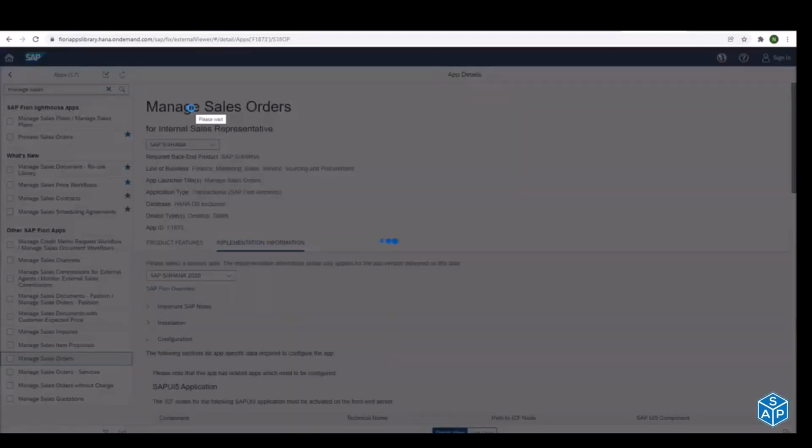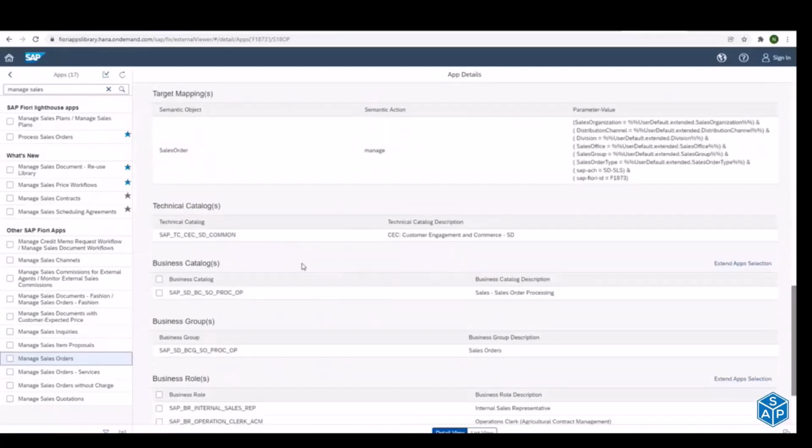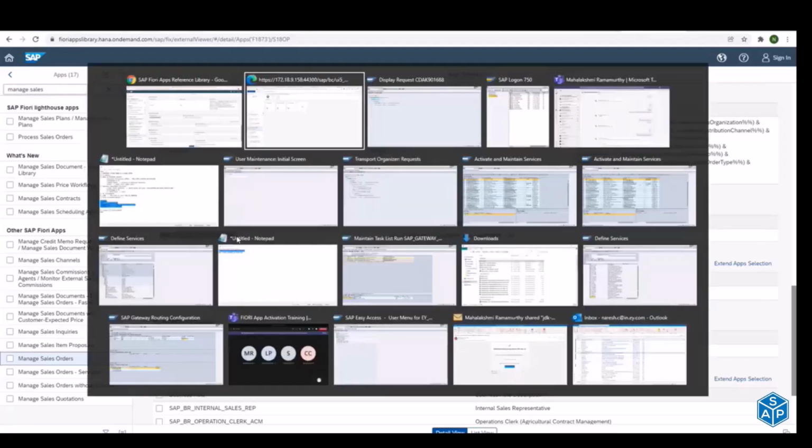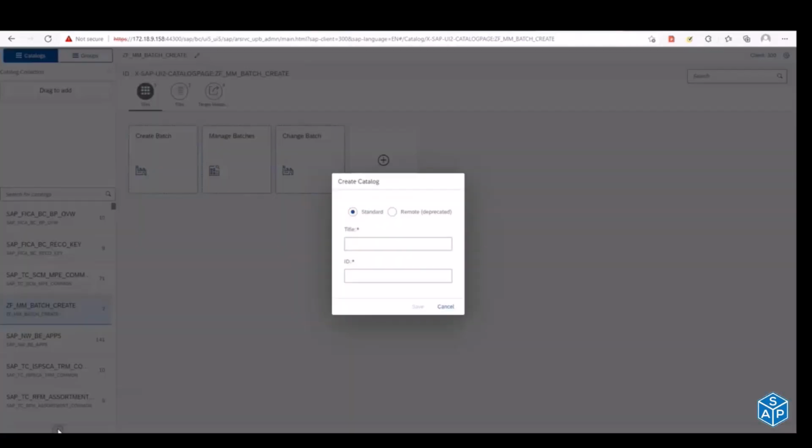For the version, you choose S/4HANA 2020. Yeah, now you see here, there is a technical catalog. What I will do is copy this technical catalog. I'll come here. First, to make any changes, I require a Z technical catalog. I cannot make any changes in the standard. That's why I'll click on this plus button at the bottom. Here I'll get the title. I'll put it like sales report. For the ID, I'll replicate the same one with a Z